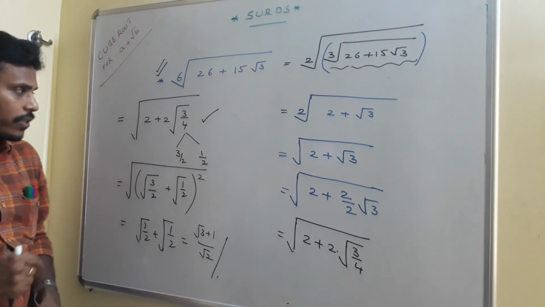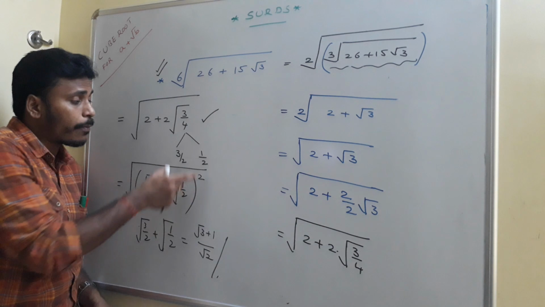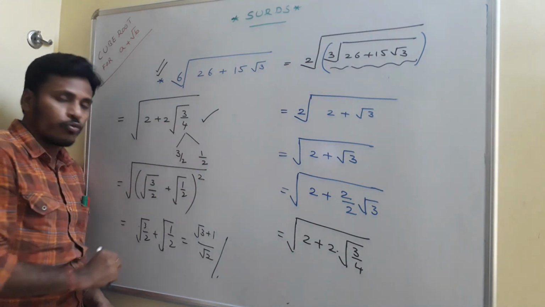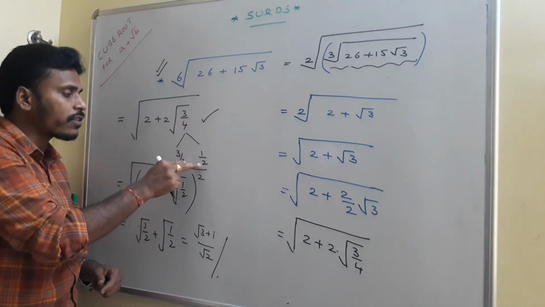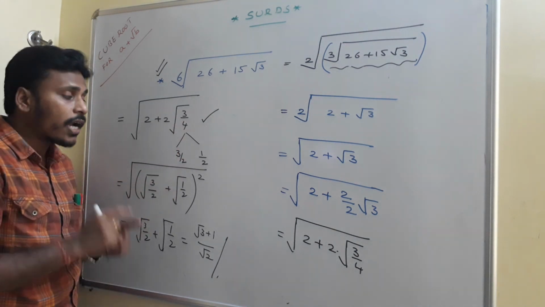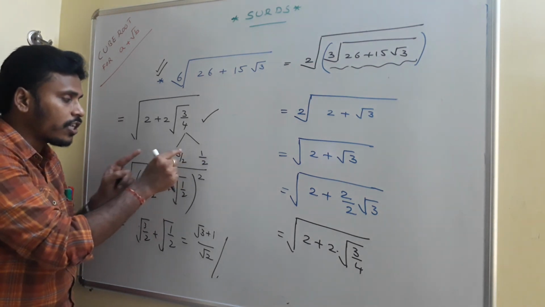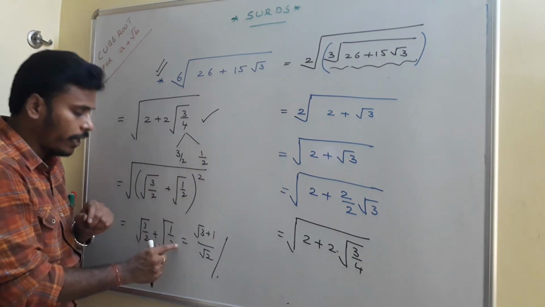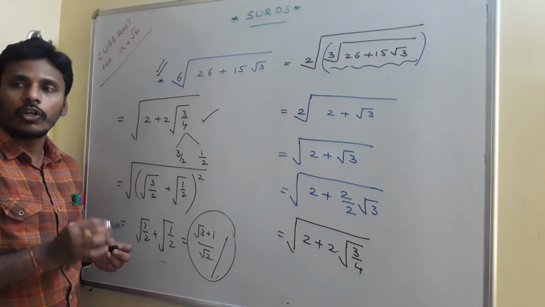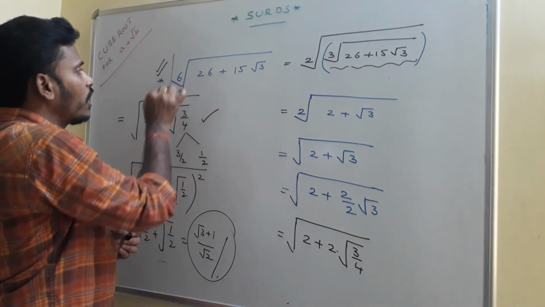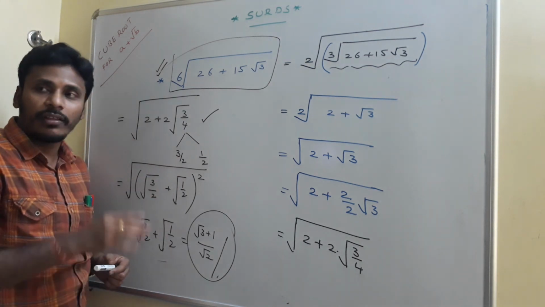Right? Now to find the square root, you need to split this 3 by 4 as a product of two numbers such that the product is the same and the summation is this 2. Now my choice of the pair is 3 by 2 and 1 by 2. Clearly the product is 3 by 4 and the sum of these two numbers is 2, if you check. And now if you have that pair, directly your answer, as I discussed in the previous classes, is root 3 by 2 plus root 1 by 2. And if you simplify, if you combine, your answer is this root 3 plus 1 by root 2. And now the sixth root for the given problem is nothing but this root 3 plus 1 by root 2. I hope everything is clear there.